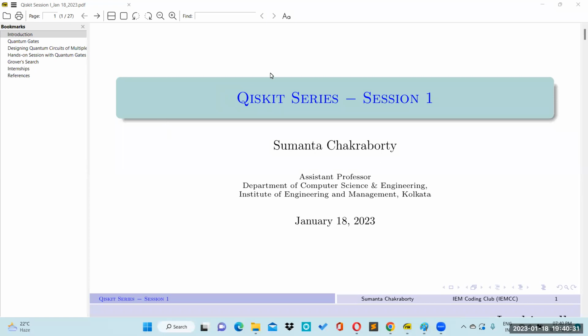So this is the first session on Qiskit, and today, first of all, I will discuss this programming language, as I will show with some hands-on, and why this Qiskit environment, this platform, is required. That will be discussed first. Actually, we know that